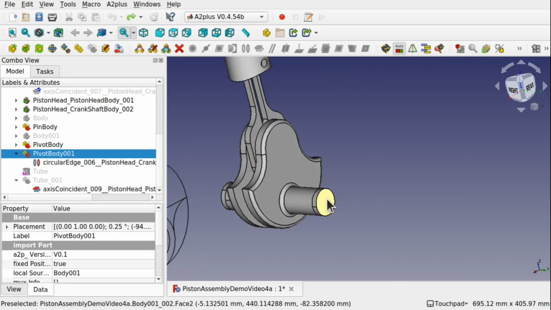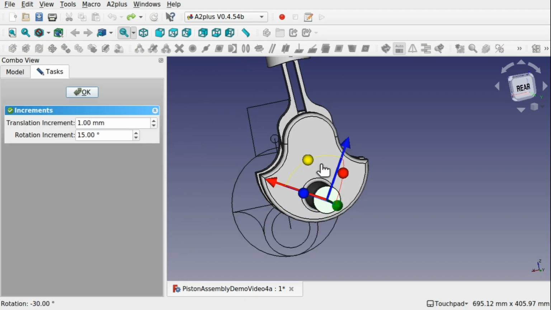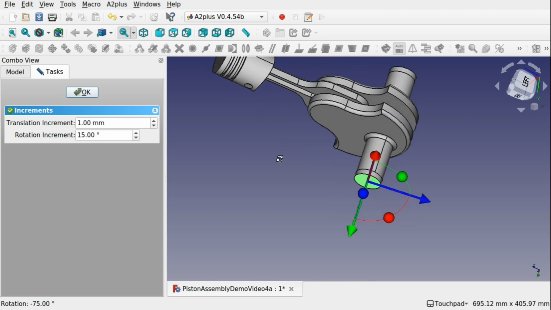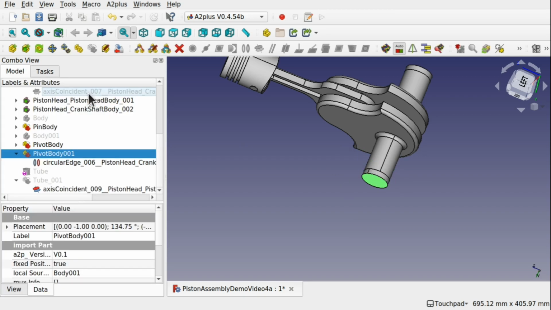If we rotate the cylinder, go up to the move tool and just rotate that like so, that edge, as you can see it there, is rotating. So you can see that edge rotating. And that's what we'll use, because we'll fix that edge to this edge here and make an axis constraint against